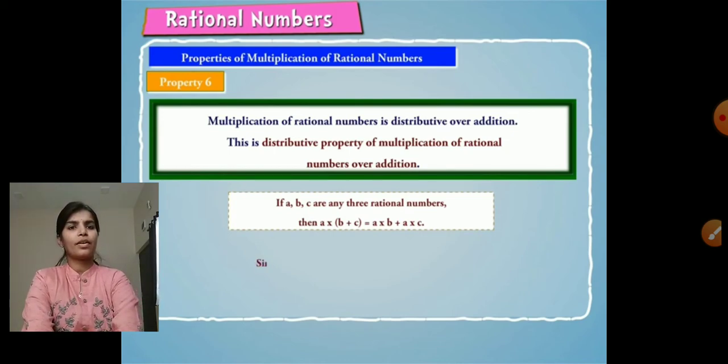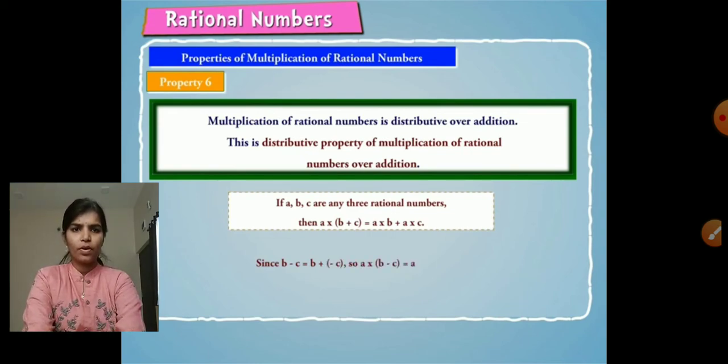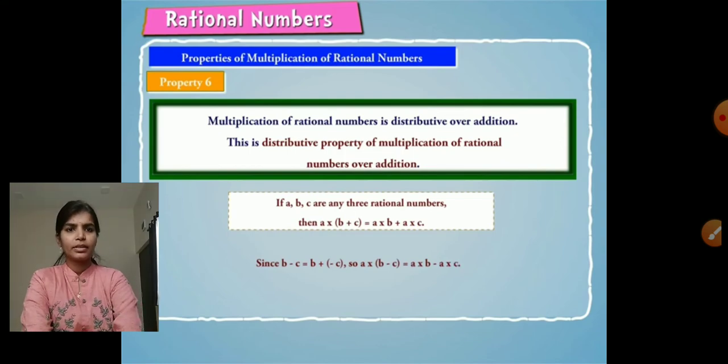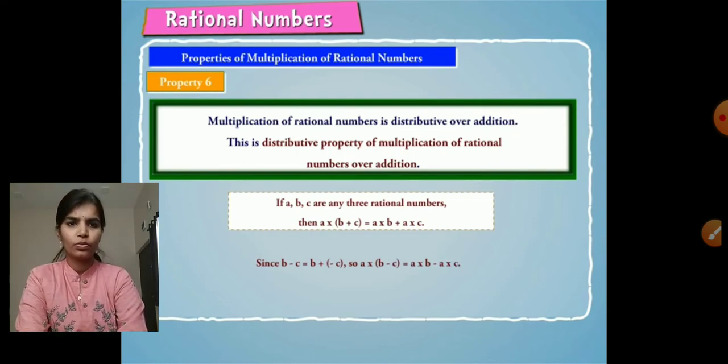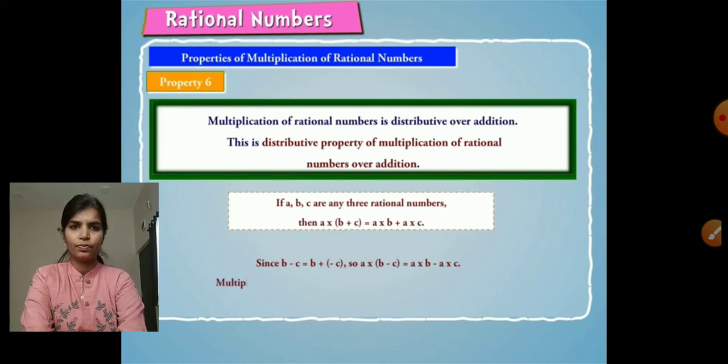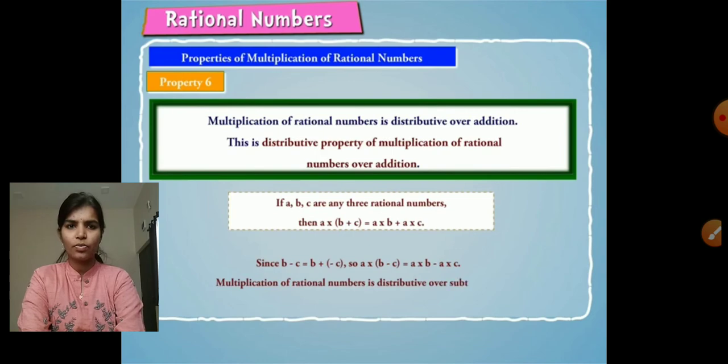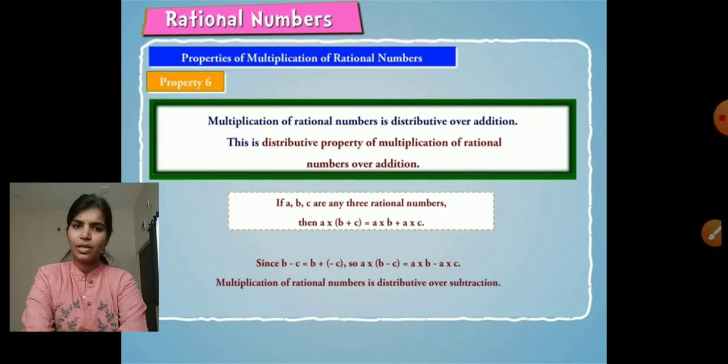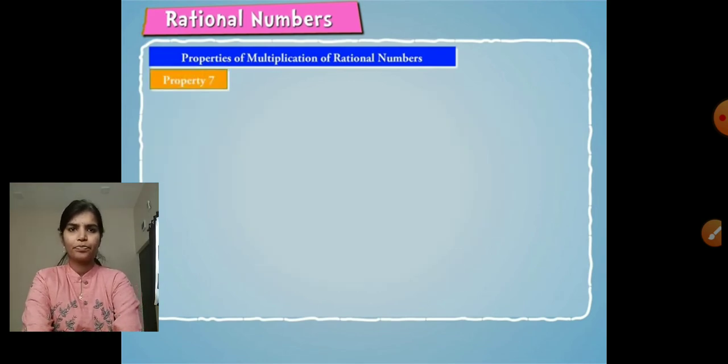Before the next property, you should also write it for subtraction. So multiplication of rational numbers is distributive over subtraction also, in the same manner. So our next property,